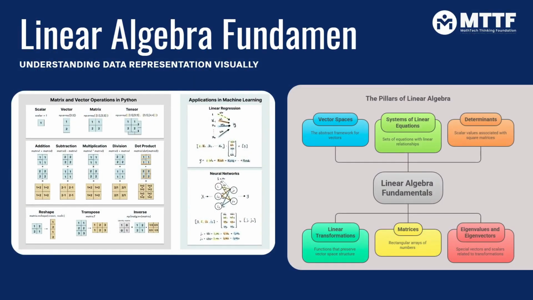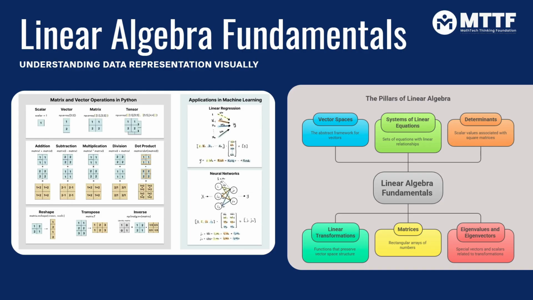At the heart of every neural network lies linear algebra. It is the mathematical framework that allows machines to store, transform, and learn from the data. Let us look at the key pillars of linear algebra that support intelligent systems. The very first is the vector space, which provides a structured way to represent the data, where each input